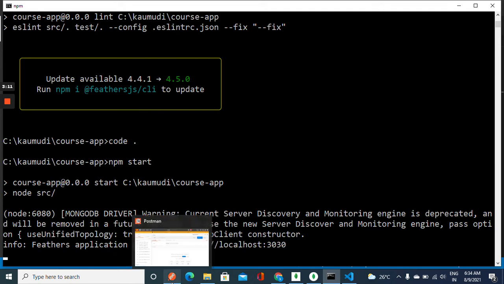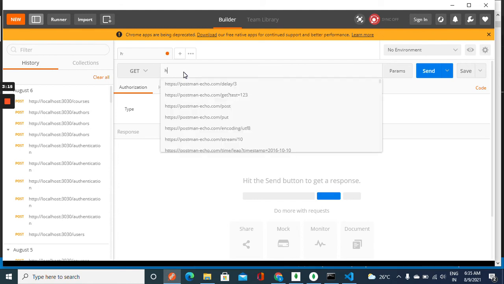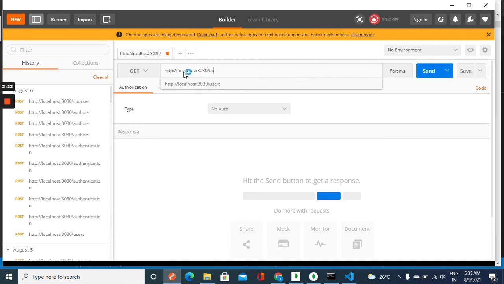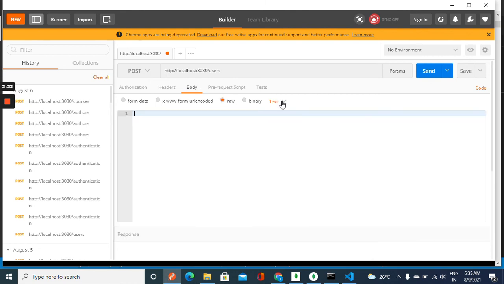So using Postman I can test the application. It will be http://localhost:3030/users, and it will be a POST request. In the body, select raw and application/JSON.